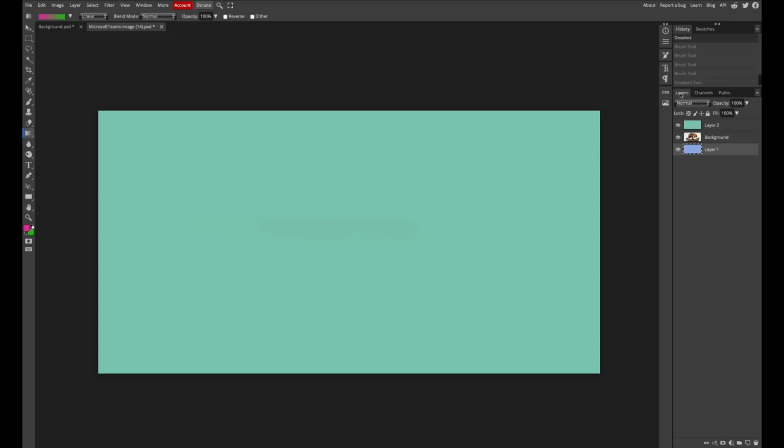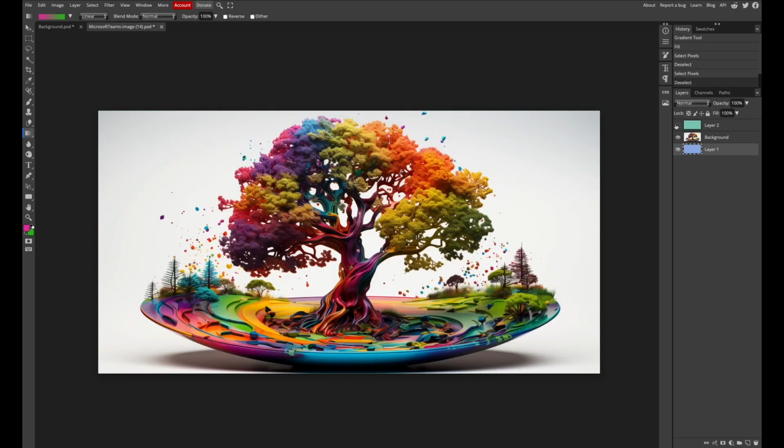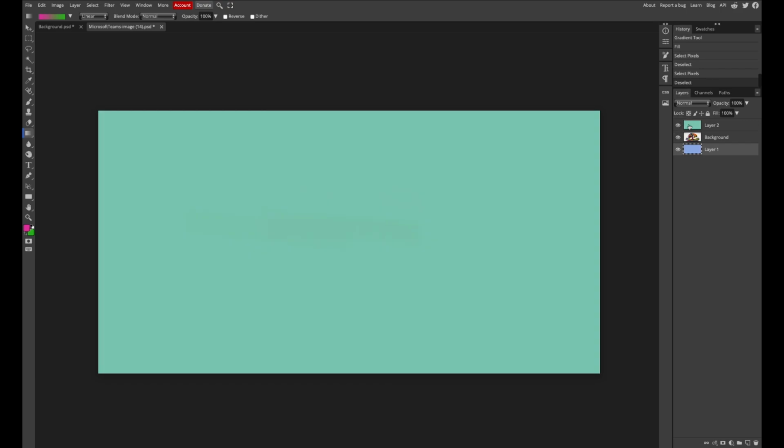View of the interface. Over here we have our layers palette. We have 3 different layers right now, and if we click the eyeballs off, we can see the visibility of each. If we select these layers, we can see we have a line, and that tells us which layer we are actively working on. Right now we see green, and if I came over to this paintbrush tool right here